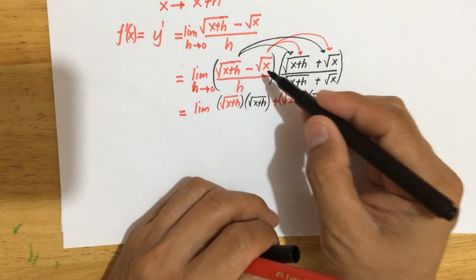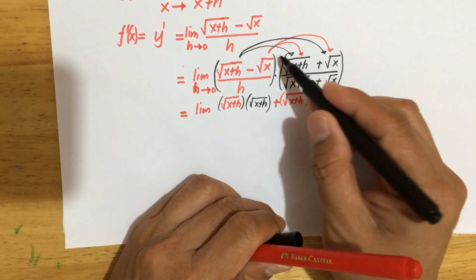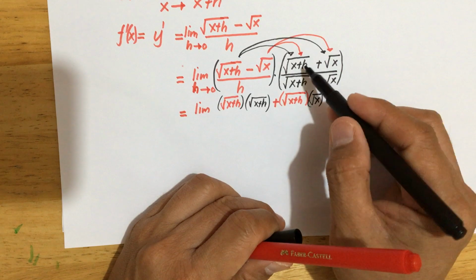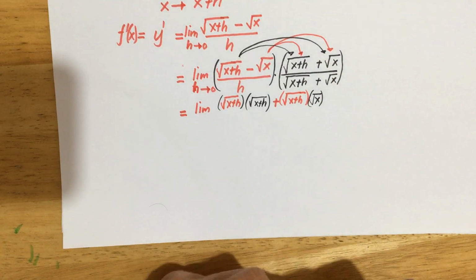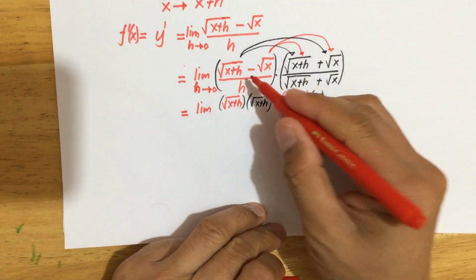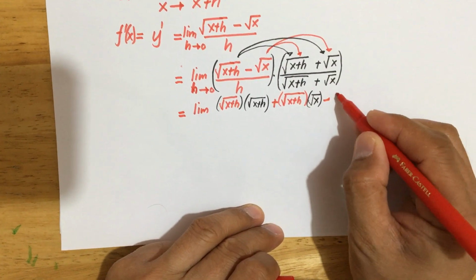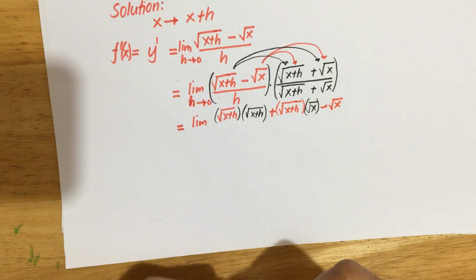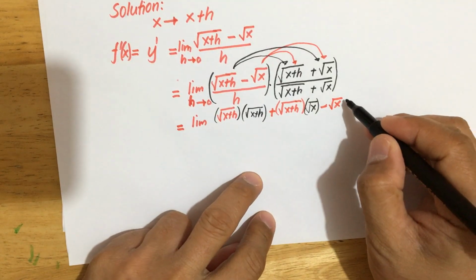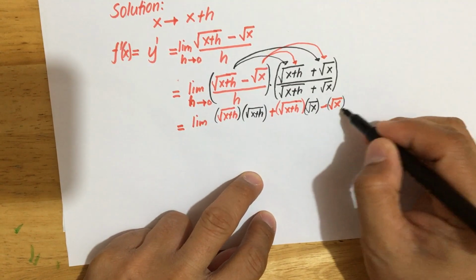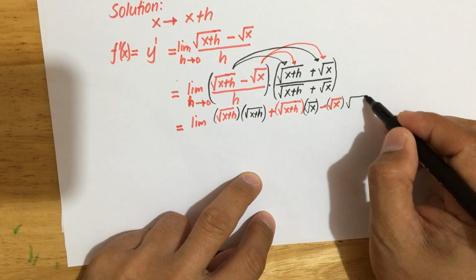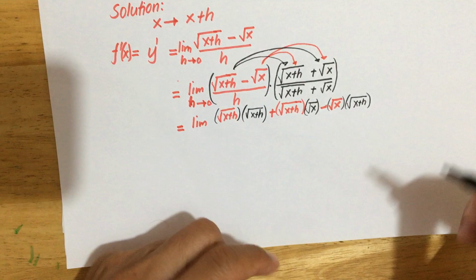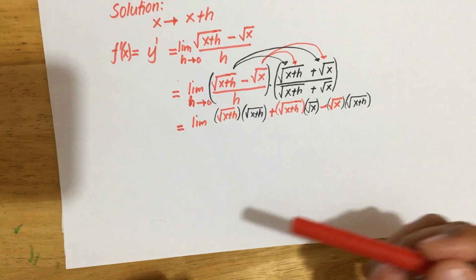Then next, this one multiplied with the second term. We have negative square root of x, minus square root of x, then multiplied by the first term of the second quantity, square root of x plus h,